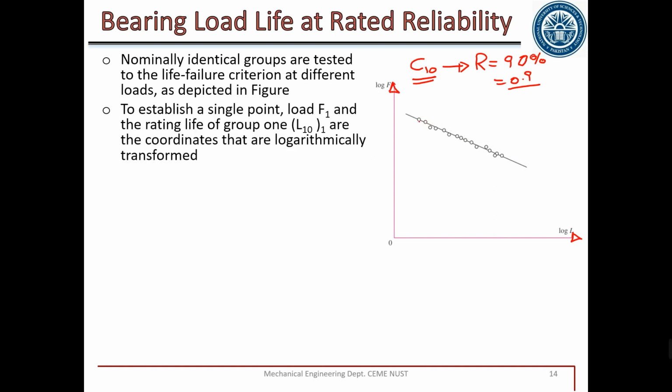If we have to put a single point here, it has this value. For example, for this much load, we have a bearing life of this, and for the same element, for this much load, we have a bearing life of this. Bearing life is increasing while load is decreasing. This is a reliability curve of 0.9. More the load, less is the life. Less the load, more is the life. So we have one single curve for a reliability of 0.9.